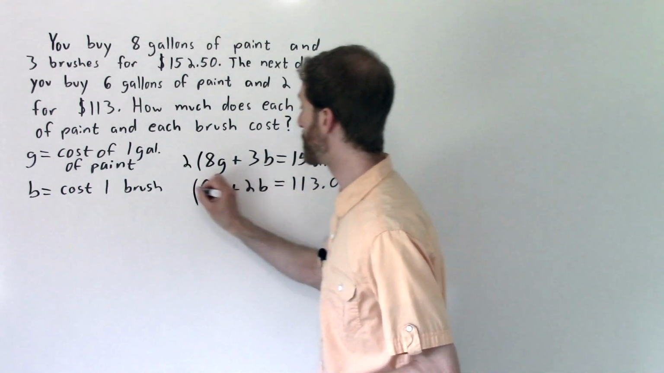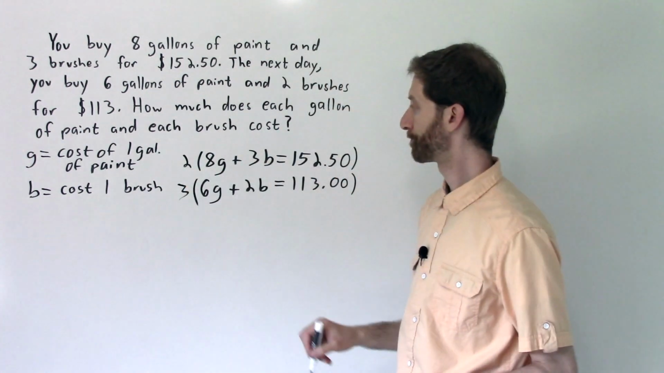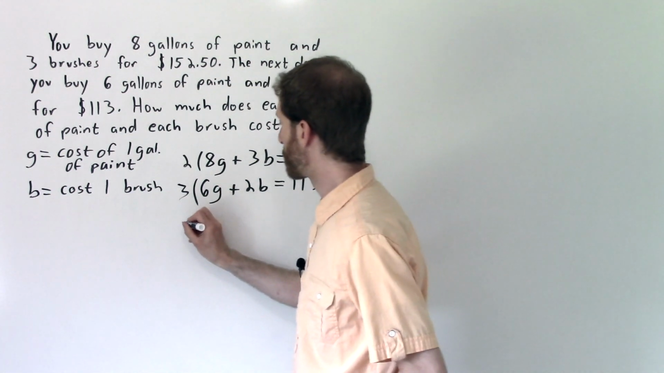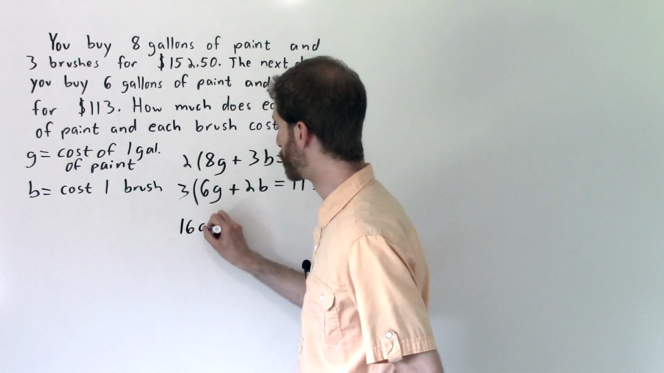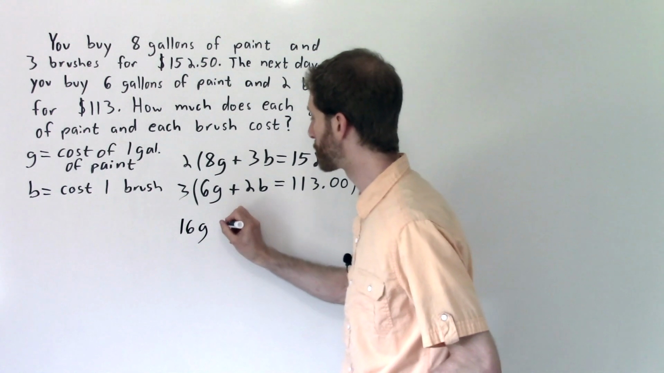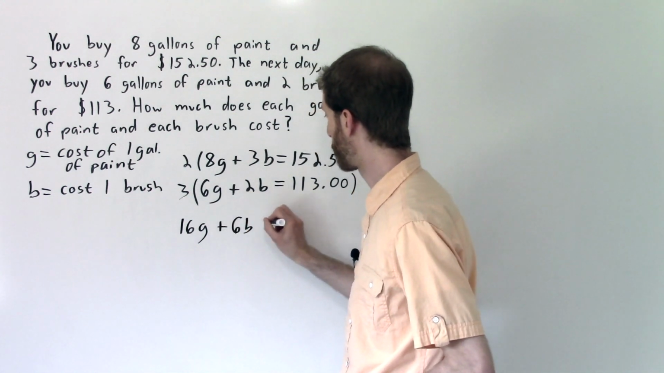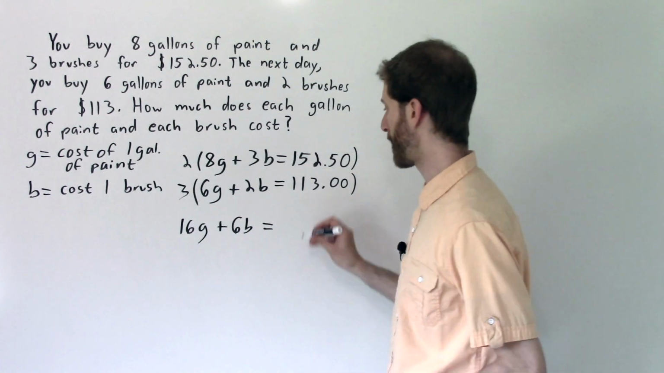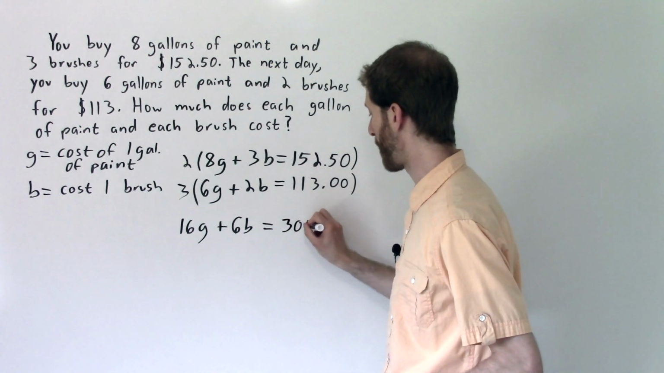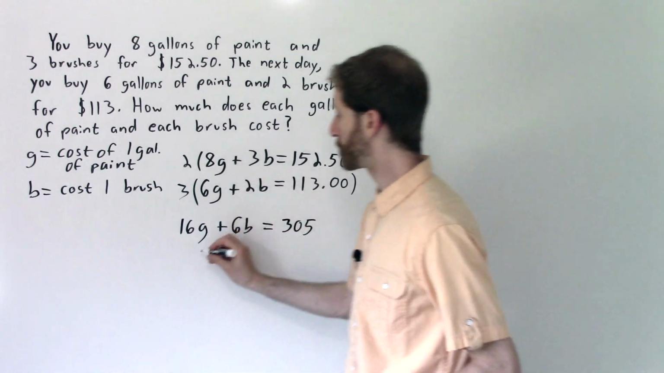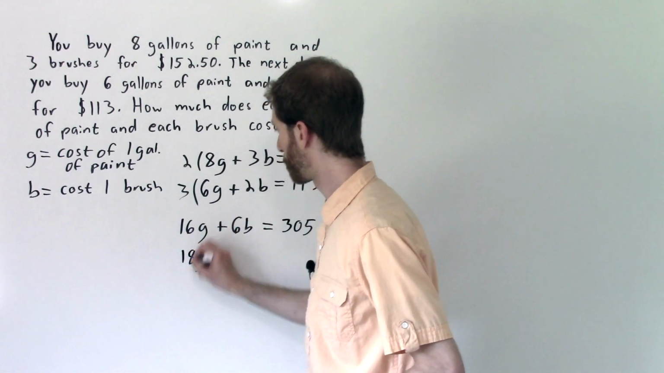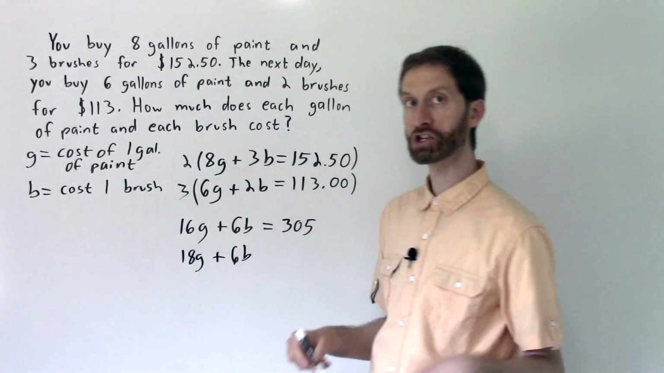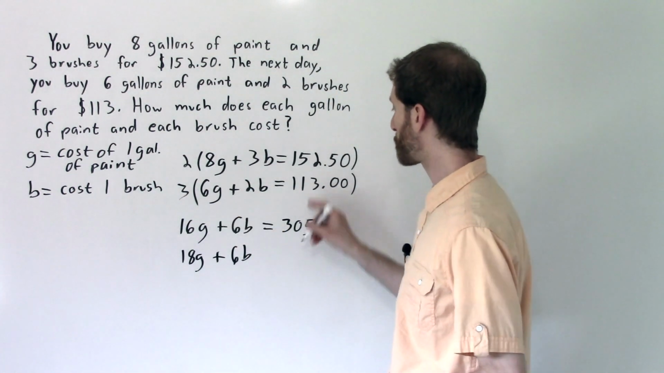And that will make the b values, each of them, be 6b. Okay, so that leaves me with, and I'll go over here, I'll go right below it. That leaves me with 16g, 2 times 8, 2 times 3 is 6b, is equal to 2 times 152.50. You might need a calculator, maybe, that's $305. 3 times 6g is 18g. 3 times 2 is plus 6b. There we go. We know that elimination is going to work sweetly. 3 times 113 is